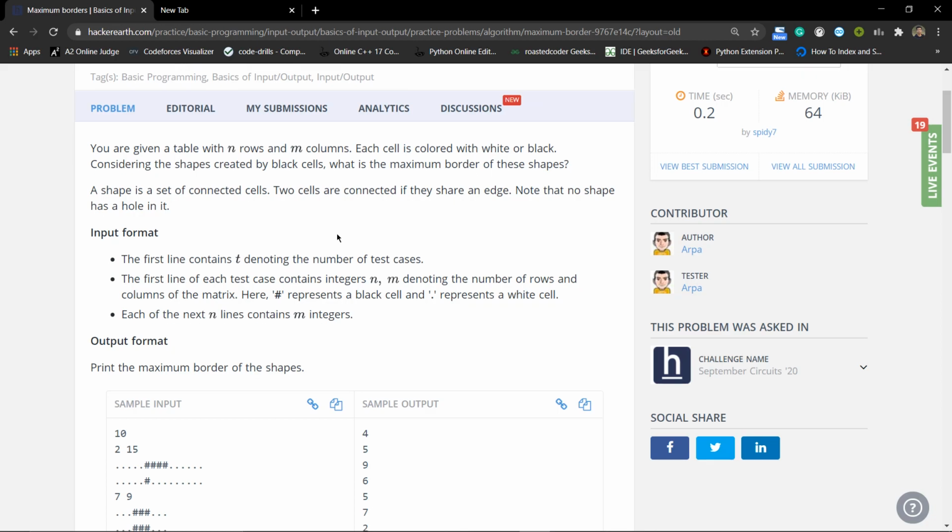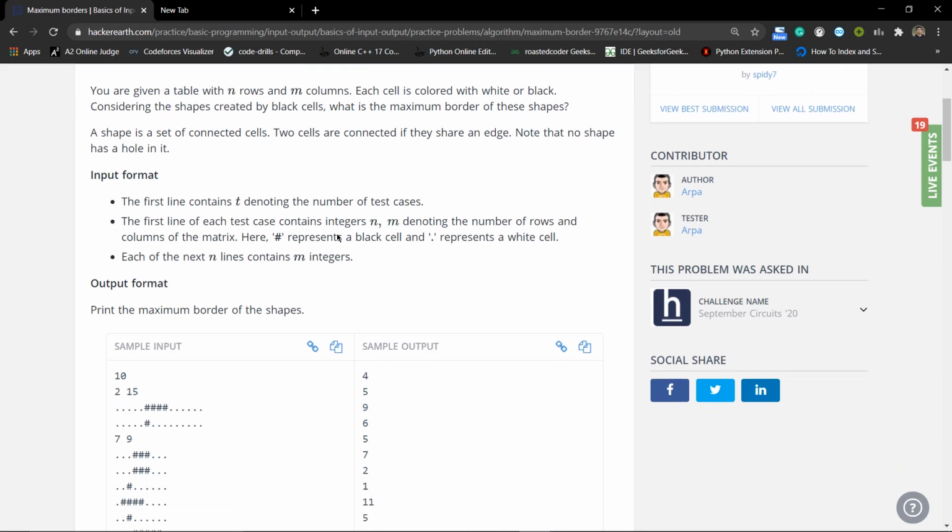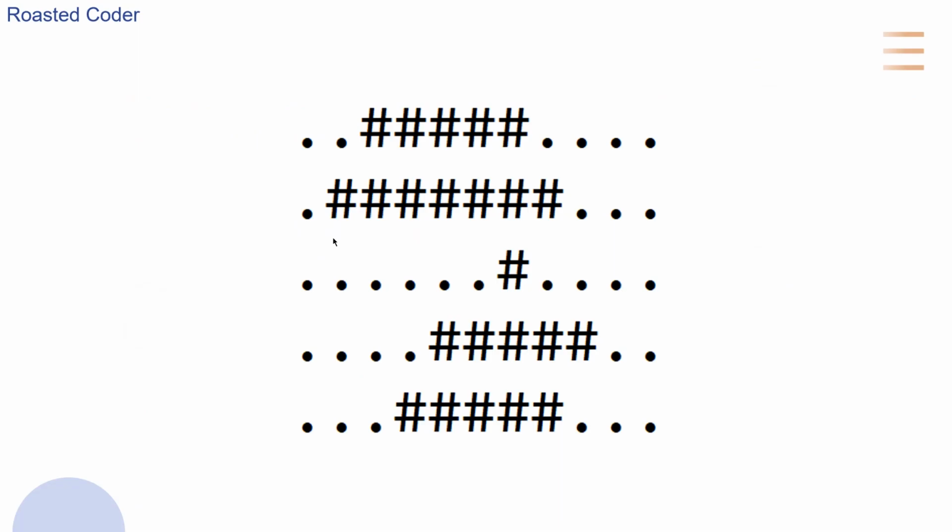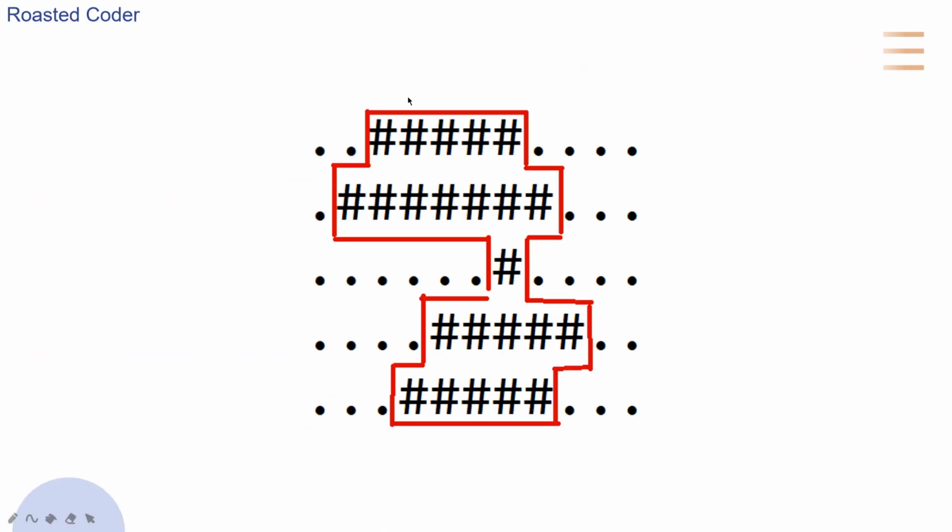So let's see this using an example. In this table, this is the shape created by the black cells. We can see these are the borders of that shape, which are line segments.